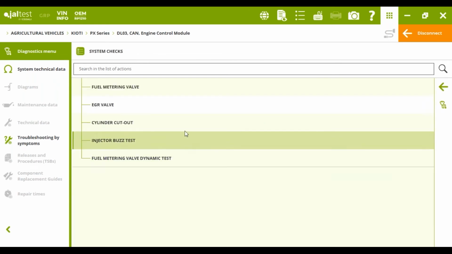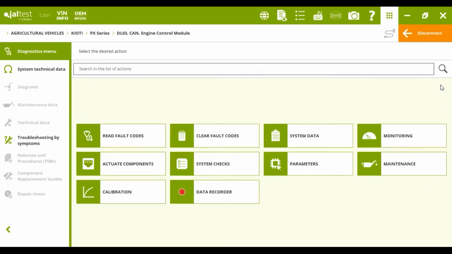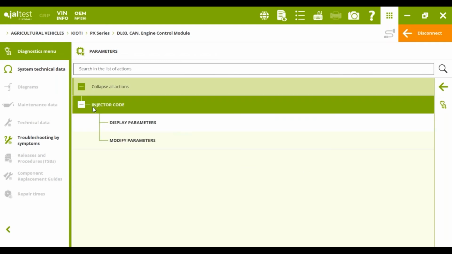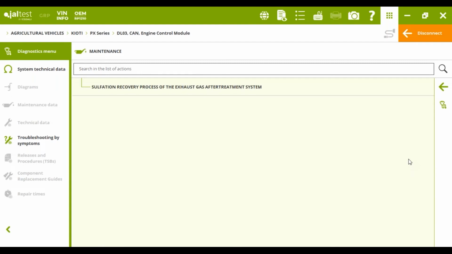system checks, of course, the cylinder cut out, that is very important, and we will find it all over the different makes. Parameters, we can do the injector coding. Maintenance, very important. We have here the sulfation recovery process of the exhaust gas after treatment system. It is used to clean the SCR system. The engine will heat up and it is kind of a regeneration and it will clean everything that is